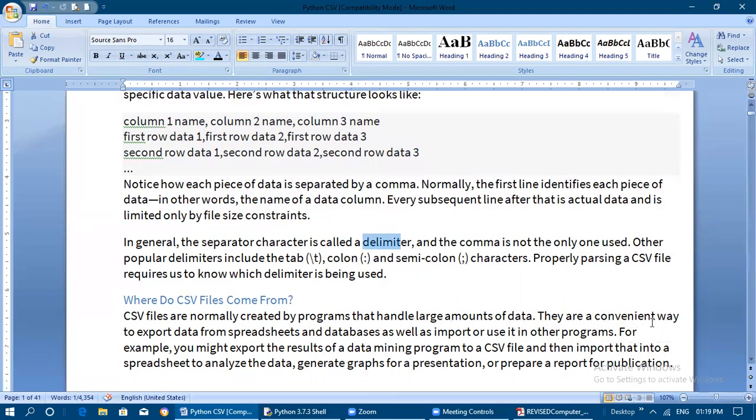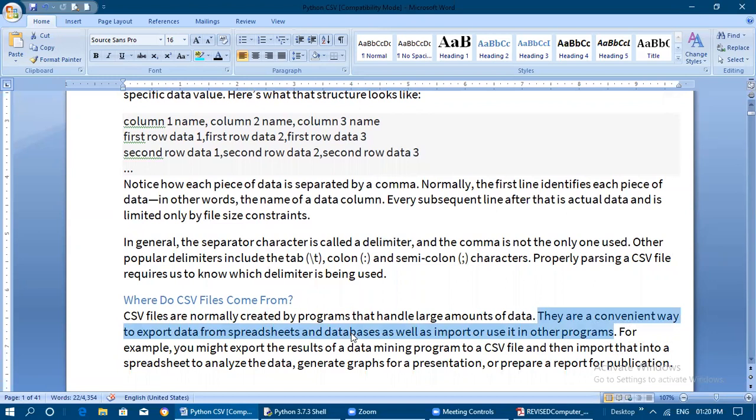They are a convenient way to export data from spreadsheets. So the important thing you need to see here is that whenever we are writing Python programs or any programming, CSV files are a convenient way to export data, that is to extract data from spreadsheets and databases, because they represent tabular data only. Tabular format only: spreadsheet values are available, and database values are also available in grid format, that is tables, like cells.